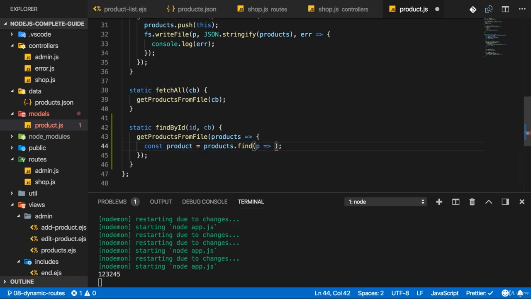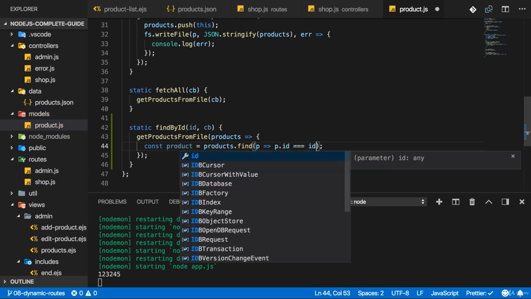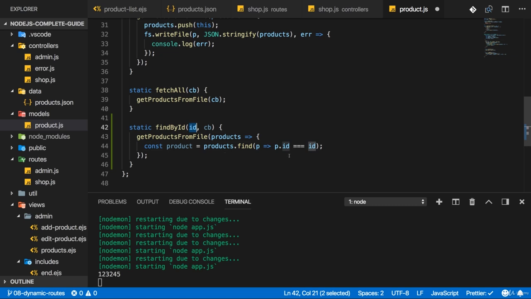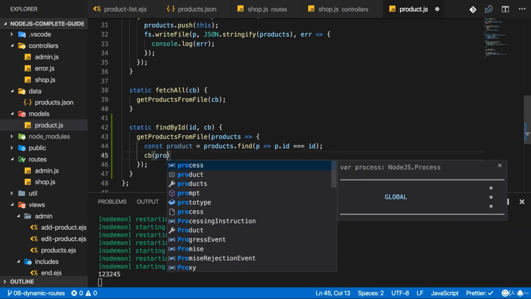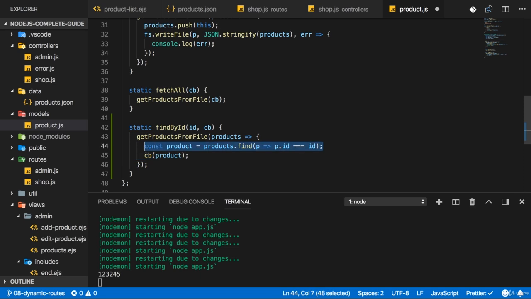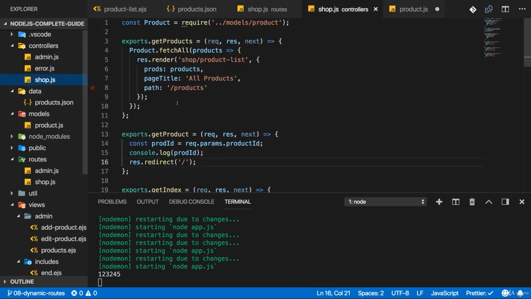So I will have one line of code here, which is returned, and there I will check if the ID of the product I'm currently looking at is equal to the ID I receive as an argument here. And if this is true, then the product which I'm currently looking at will be returned and stored in this constant here. And therefore, I can then execute a callback with that product. This is a synchronous function, doesn't execute any async code, so simply having two lines after each other will do the trick here. So now we have that findById function in the model, and now in the shop.js